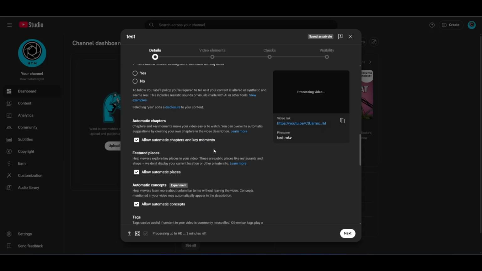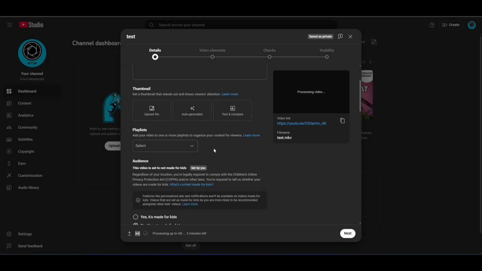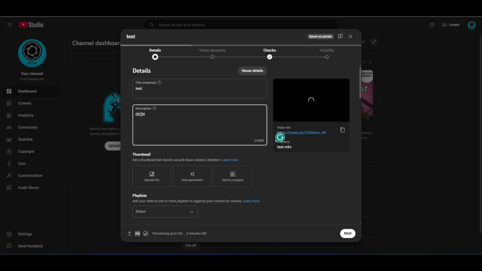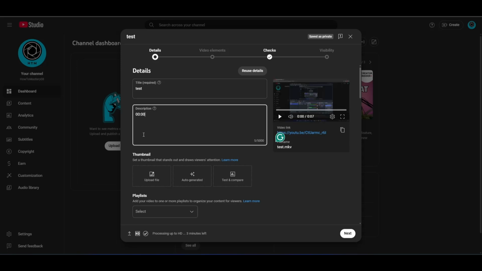So if you want to add chapters manually, you can just go up and then click on description. Then from here, just need to type in this format here, something like this. So every time people watch your video, they can see the description of the video and they can see the chapters here. So let's say this chapter is an introduction,